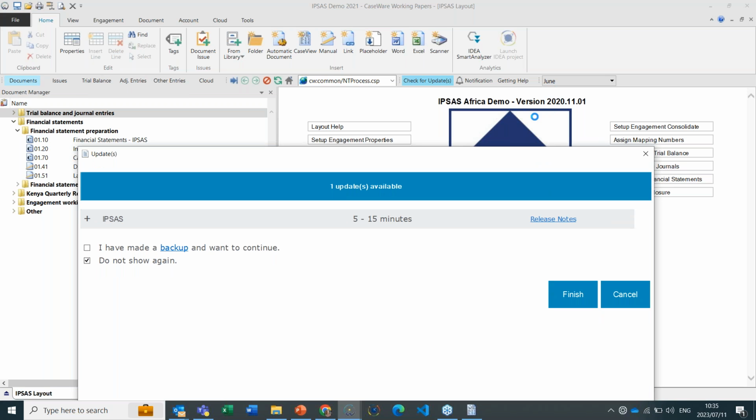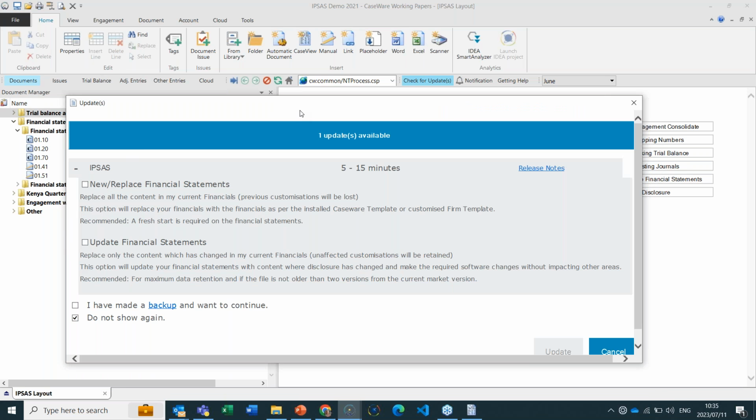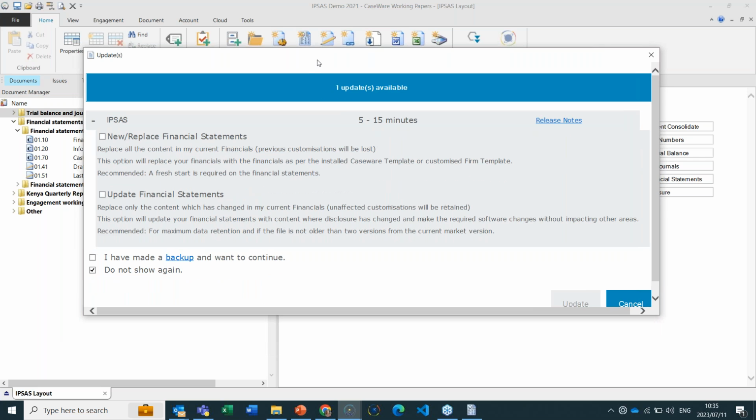This update is IPSAS 2022-1101, and you can see this version of this file is 2020-1101, so it's an older version. If you click on updates, you will get this update screen, which shows you that you can apply updates. Important in the update process, you've got two options. You can either do a full replace, or you can do an update to your financial statements, which will not